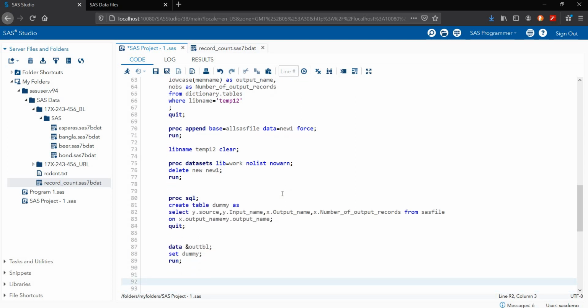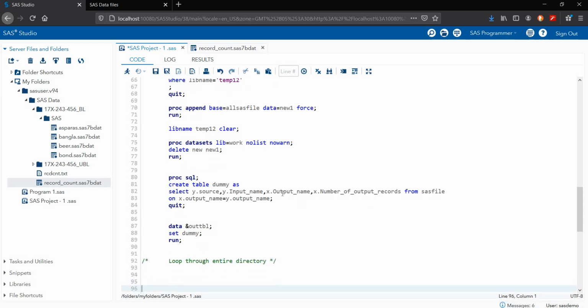Now we have to write here the loop statement that will loop through all my data, through the entire directory. I need to see the entire directory, so I'm writing here the entire directory. That will loop my entire directory.